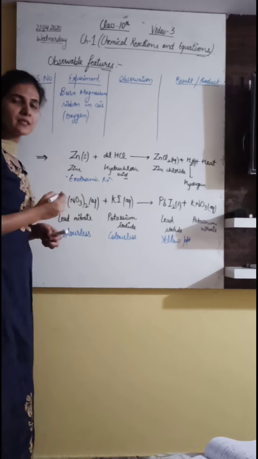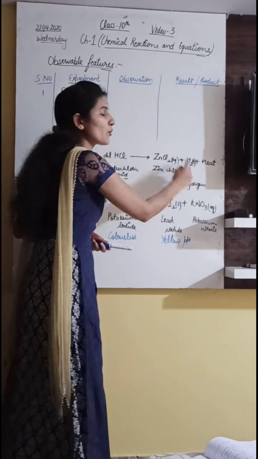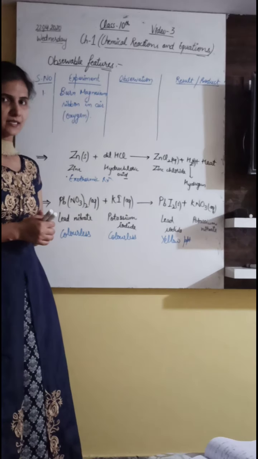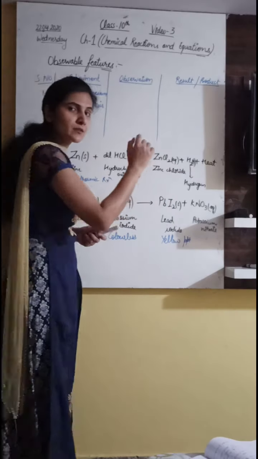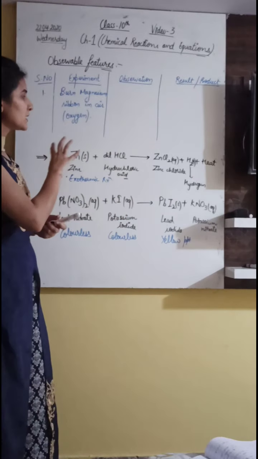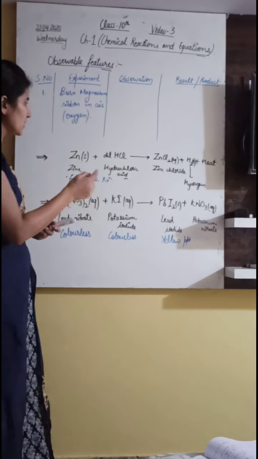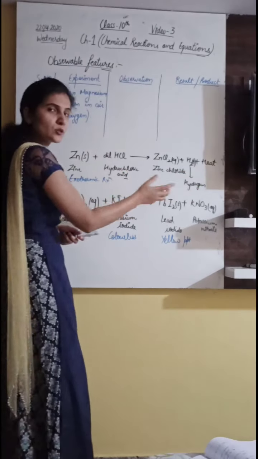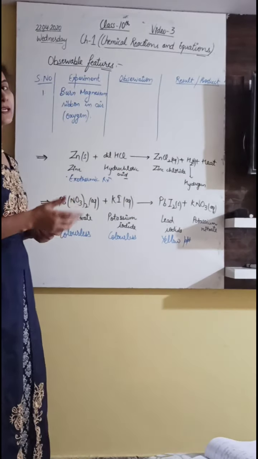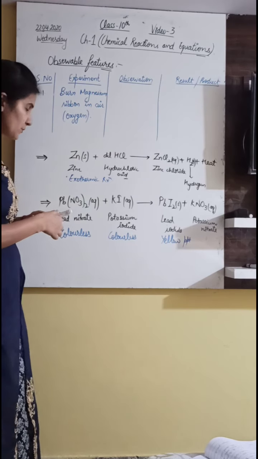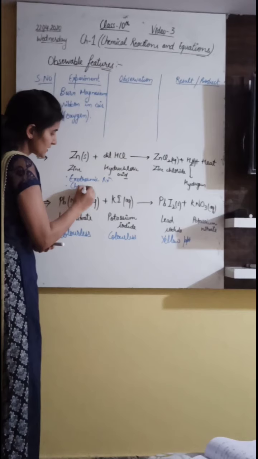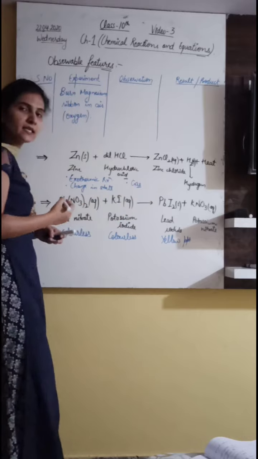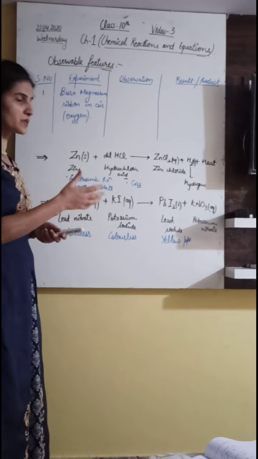First observation. Second observation is brisk effervescence of the gas takes place. I told you the meaning of brisk effervescence in our last lecture. So yes, this was the observation. One more observation we can write. Here the states are solid and aqueous, and the products are aqueous, gas and heat. So the gaseous state also arises now. So we can write that change in state also takes place. So the next one is change in state or effervescence of a gas. These three are the observable features.